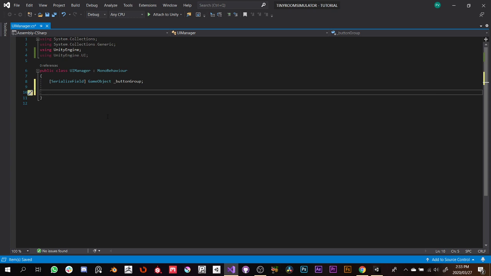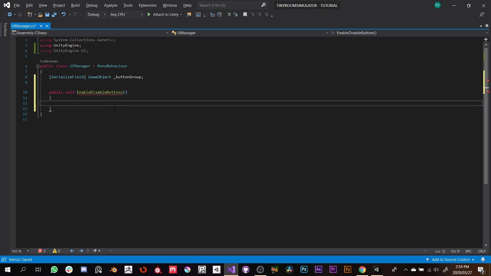And then we need a few functions. So we're going to make a new public void. And this one's going to be, let's call this one enable disable, let's just say buttons. There we go. Two round brackets, two curly braces. So this is going to enable and disable this button group. So I'm going to copy this button group because we're going to do an if statement. So if